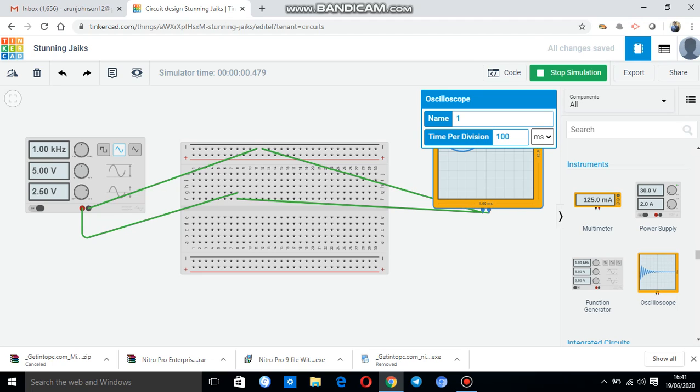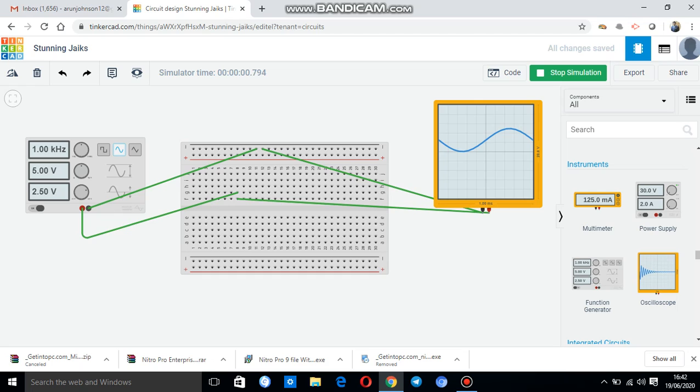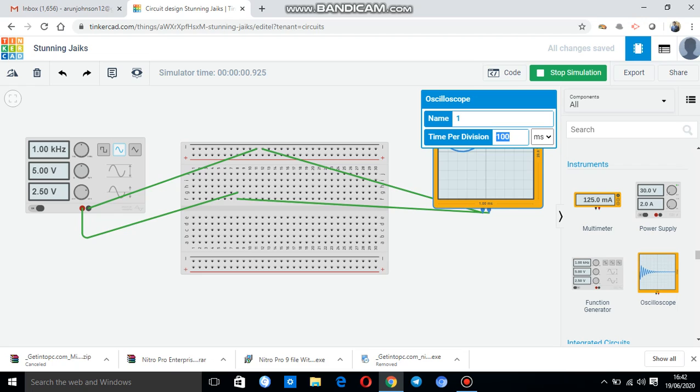I can also change the option to a minimum time period. I just want to give some seconds, 100 seconds. It takes some time to simulate. Okay, so the amplitude is 5. You can see here. This is what we are going to see in the output. You can also change the value.